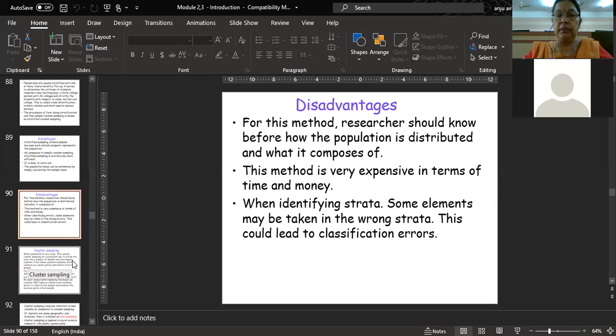Even though it is a very precise technique, you get a more reliable sample, you get a more efficient sample from the population, even though it is a better sampling technique compared to others, its disadvantage is that you need to have complete information of the population. You need to spend your time, effort, and money in carrying out this sampling technique. And when you are classifying the population,